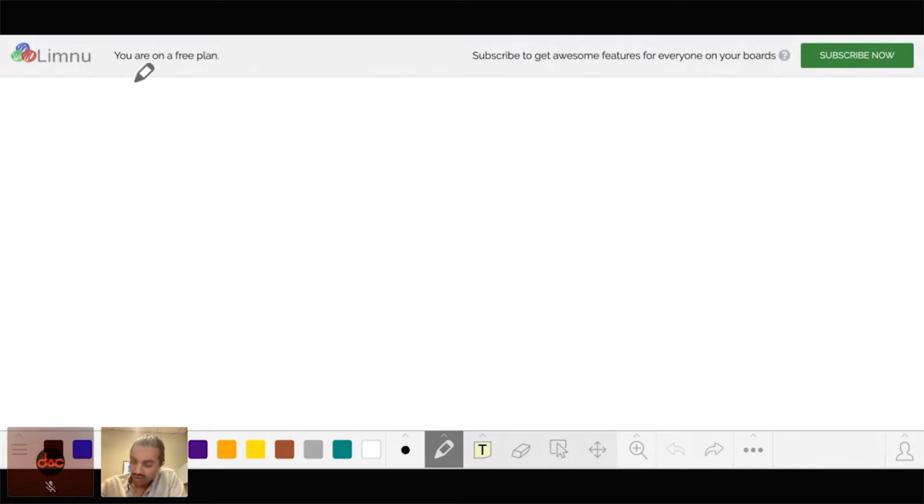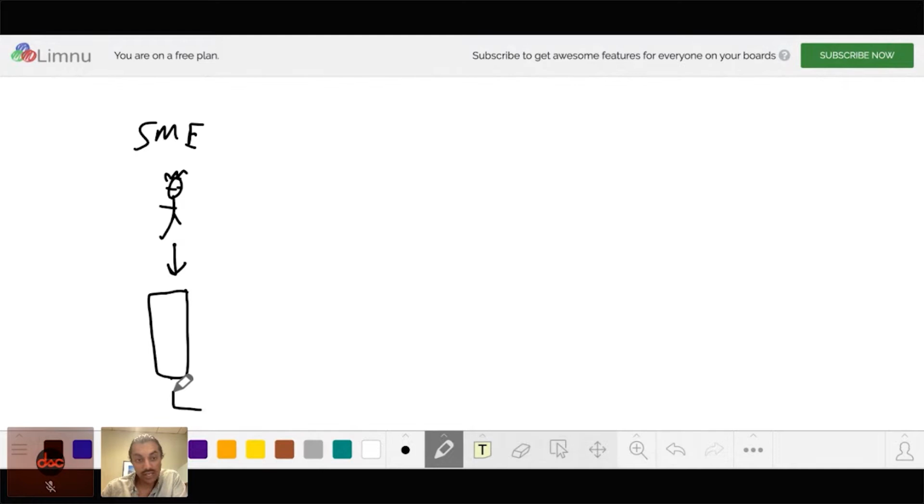In the past, you had an SME here, right? He's working, so give him a little hair. And so he has all this data, and he's going to put all this data into his database, right? And from here, once he puts the data in, he wants to tell the computer, hey, let's pretend we're looking